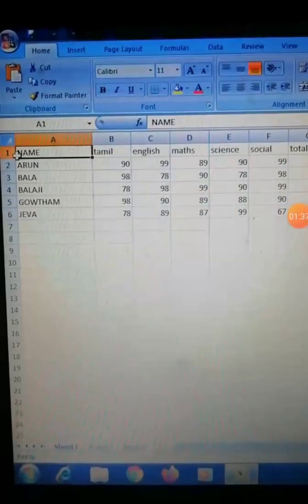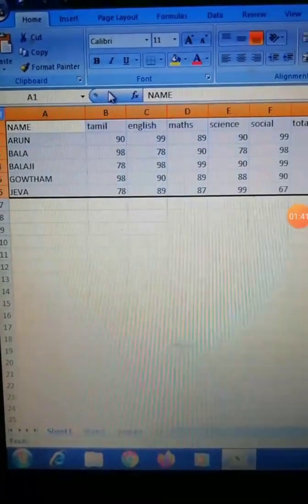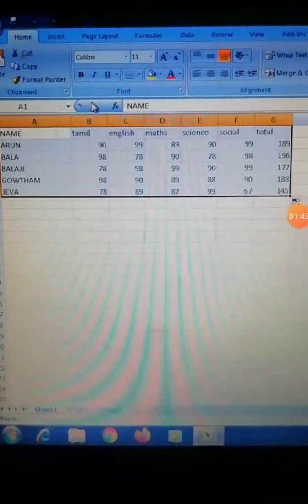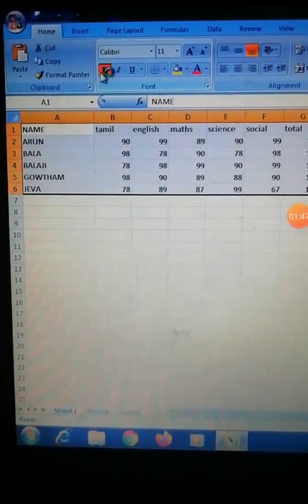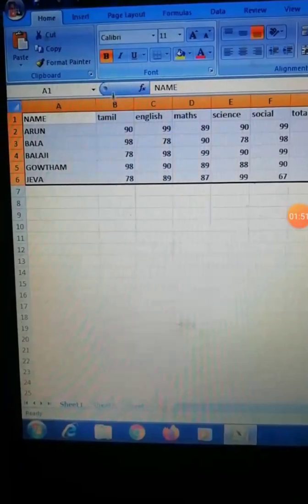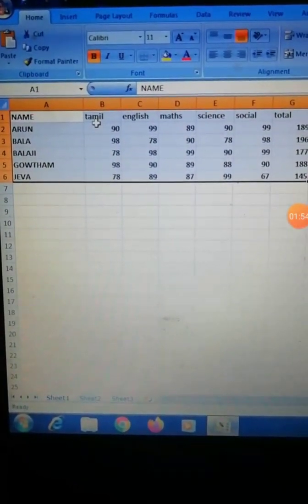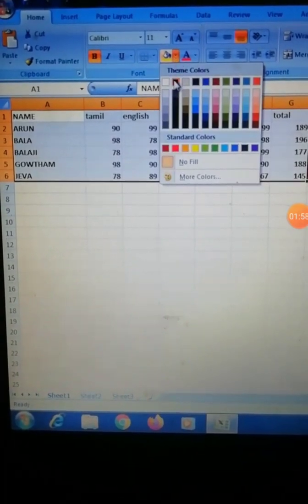And now I am going to use some formatting options like bold. Okay, so first I have to select the cell. For anything you have to first select the cell, and it has now changed to bold. The letters will be a little thicker and darker, and if you want to use italics you can use.